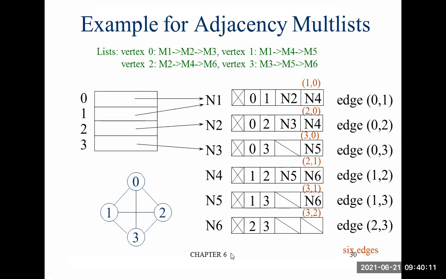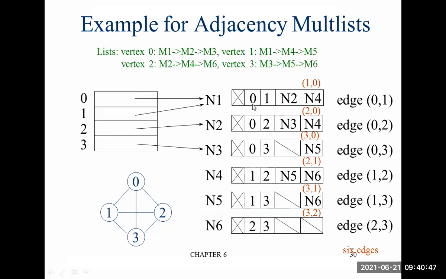So first starts at 0: 0, 1, 0, 2, 0, 3. Then in ascending order, next one is 1: 1, 2, 1, 3. Next you have to move to the next edge 2: 2 to 0 is there, 2 to 1 is there, 2 to 3 is there, just write 2 to 3. Okay. So first you have to take it as N1. First we are considering N1. So in first box you represent null. So what are the vertex 1 and vertex 2? Vertex 1 is 0, vertex 2 is 1.